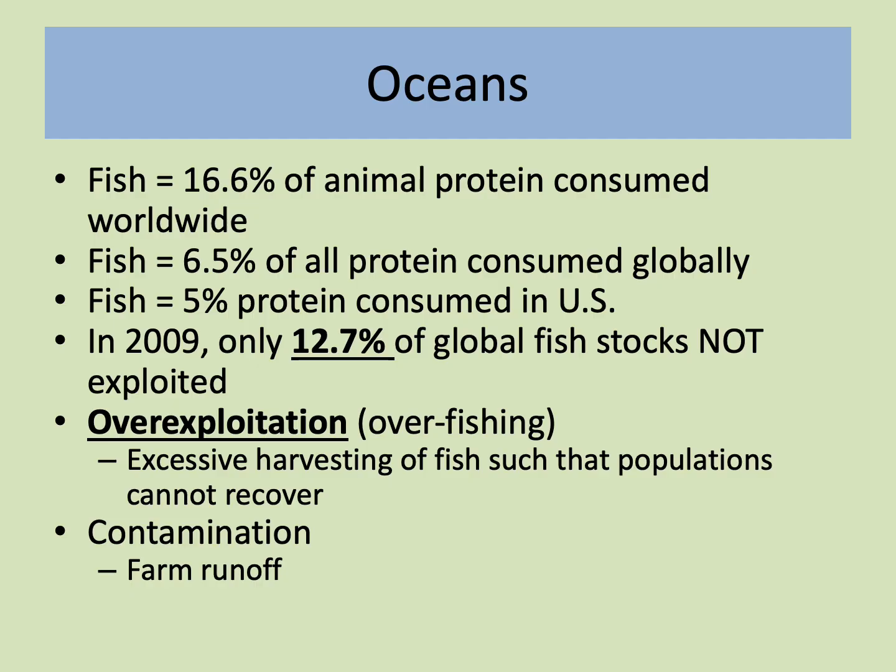Continuing with the theme of water, we'll talk a little bit about oceans and about the animal protein we consume from the ocean, so fish and seafood, although we also consume seaweed, so it's another food product that we get from oceans. Globally, there's a great deal of overexploitation going on, which means that we're fishing at a rate that the natural stocks of fish can't be replenished, and so the trend over time is that fish harvests and seafood harvests are smaller and smaller.